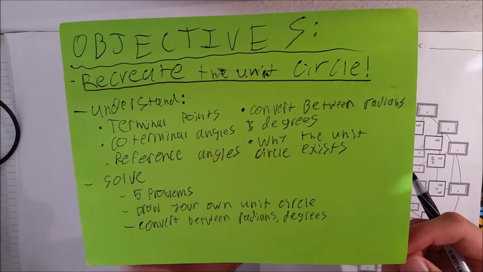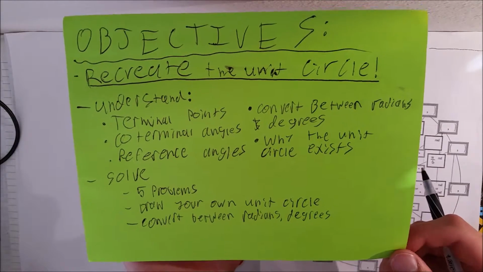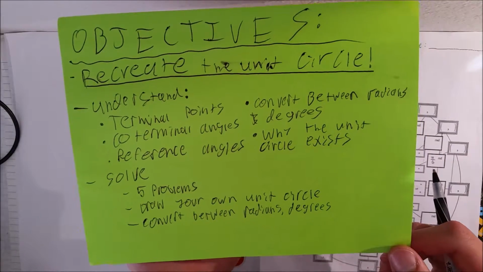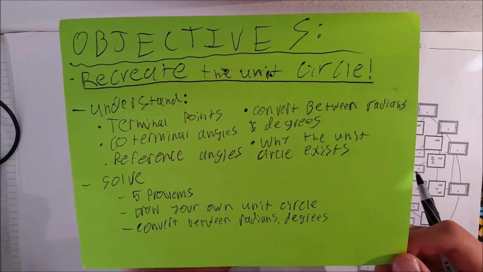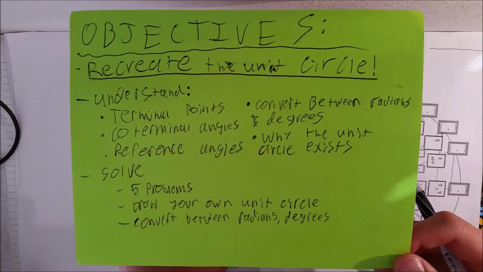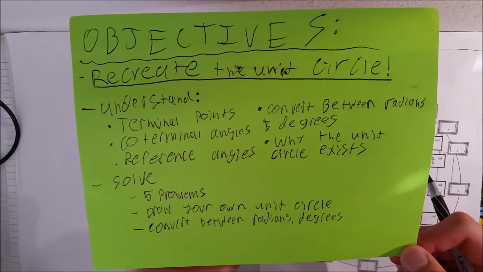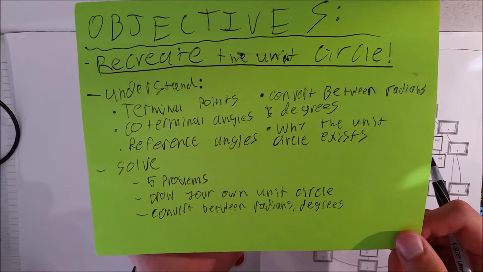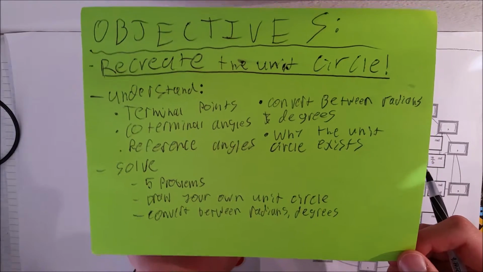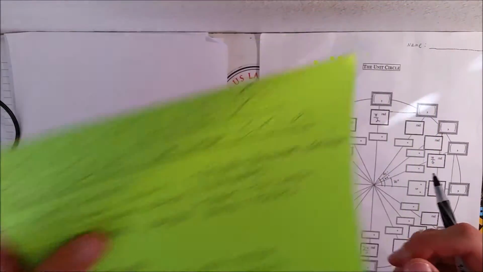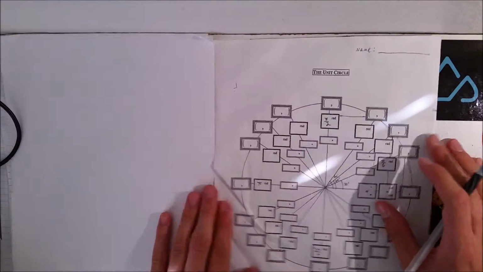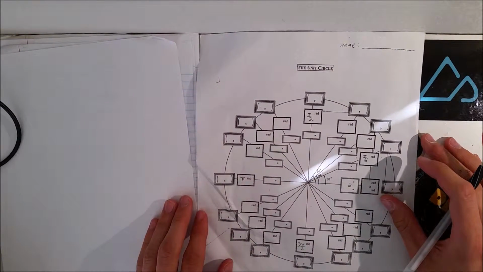and we need to also be able to convert between radians and degrees, and we need to also understand why the unit circle exists. And we need to be able to solve 5 different problems. You should be able to draw your own unit circle, and by the end, be able to convert between radians and degrees. So, starting right off the bat, first thing, the most important thing you really need to know is